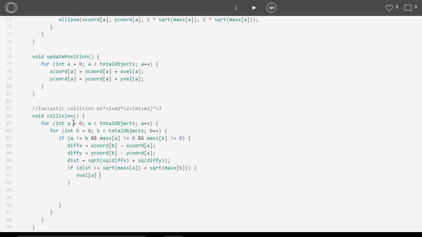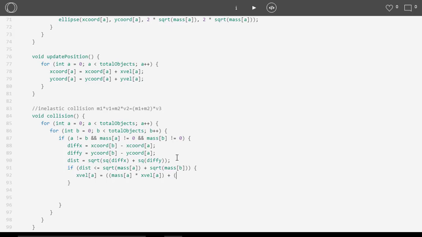So what I'm going to do is I'm going to make object A the thing that survives, and object B is going to go away. So this is the mass of A times the x velocity of A plus,